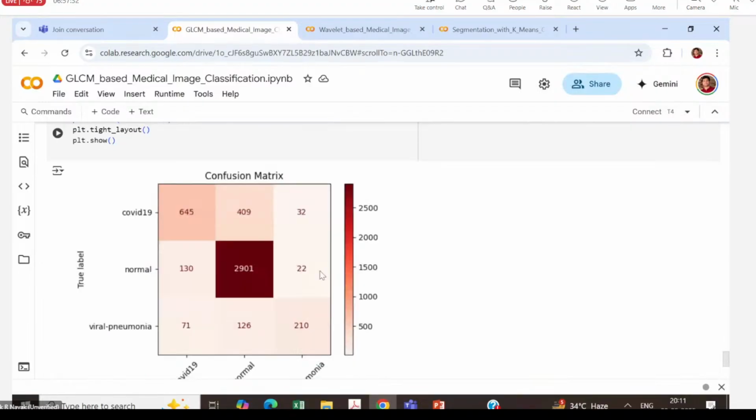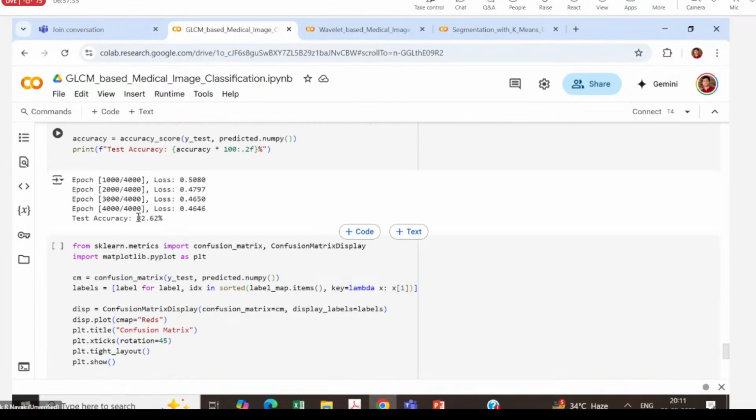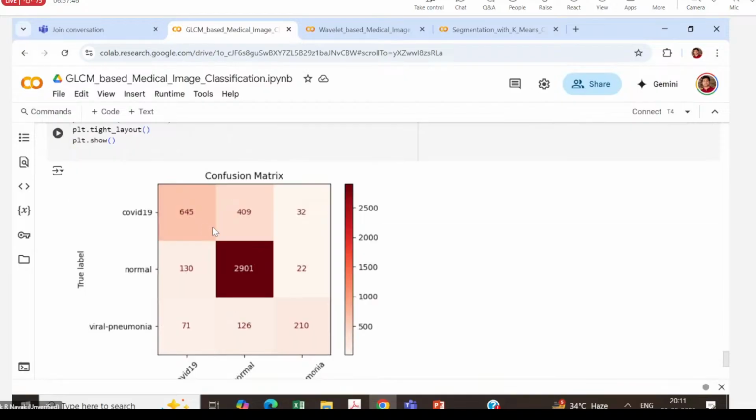Now it is working well on this data set compared to the previous one, because the number of classes is smaller and there is less interclass similarity compared to the previous data set. We are getting 82% accuracy in this case, and this is the confusion matrix on the test set. Again, you can see that the normal class, which has more samples, is correctly classified compared to the other classes, and other classes are also misclassified as normal. Because it has a high number of samples and the model is biased towards this class,